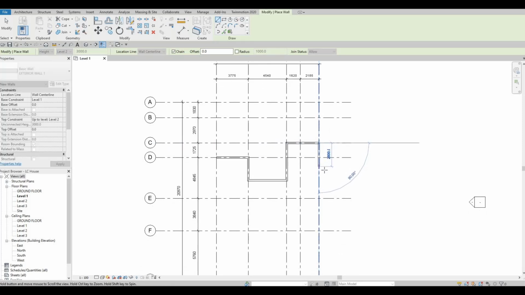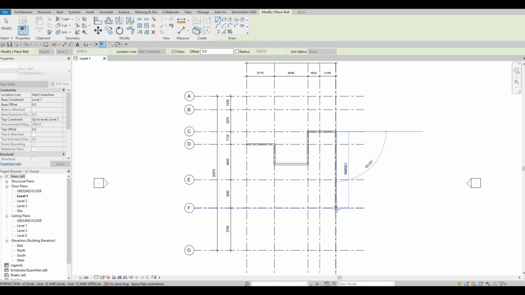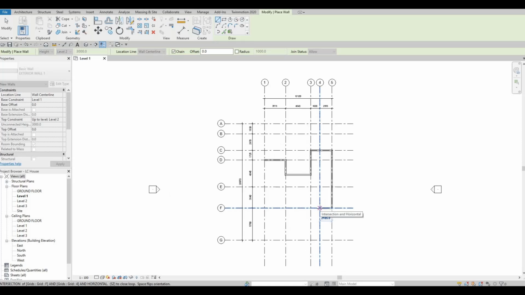going all the way down to F5, and then going across here, across F4, and then here what we need to do is we need to type in 1900, and then go across again